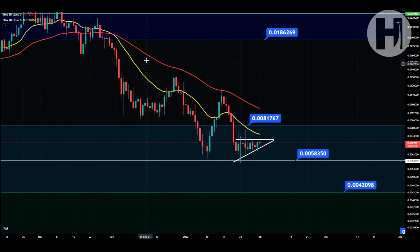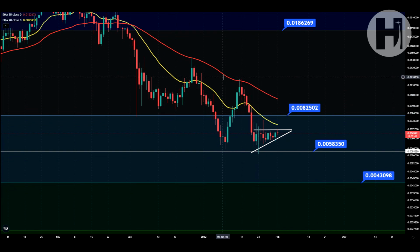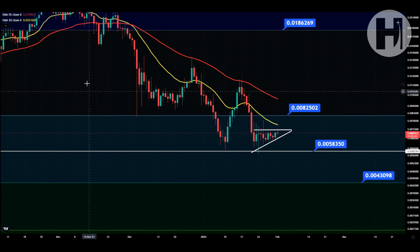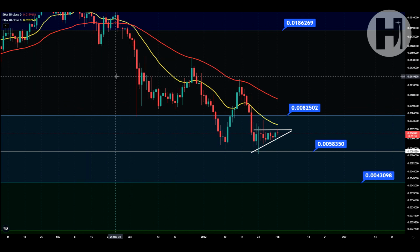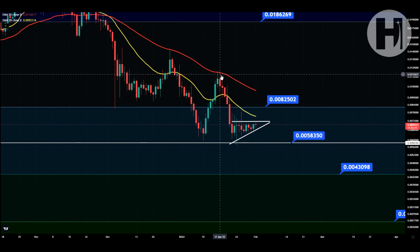So the 55 is the red line over here, and the 20 EMA is the yellow line, for those of you who are new to the channel. These are the two most important EMAs that we use here. We also sometimes use the 35 EMA, the 80 EMA, the 100, the 200, and the 150 EMAs. But right now we have the 55, and as you can see, each time you run into it,